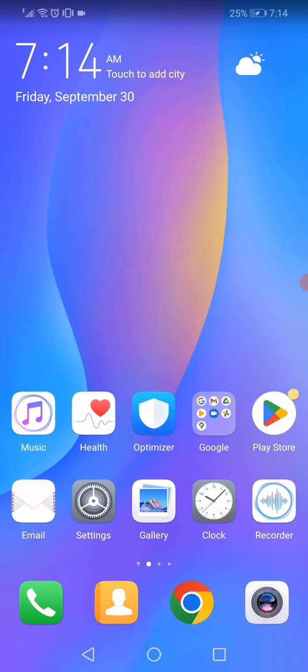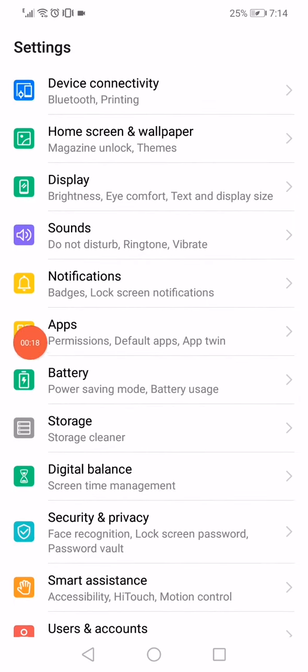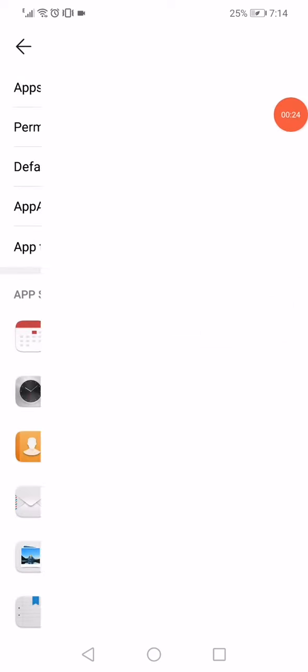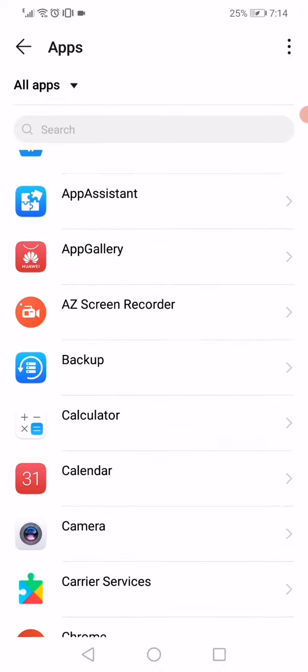Go to your Android settings like this, and then you will find many options here. Scroll down and go to this apps option. Click on apps and click again on apps, and now all what you have to do is so simple. Let's wait a few seconds and now scroll down